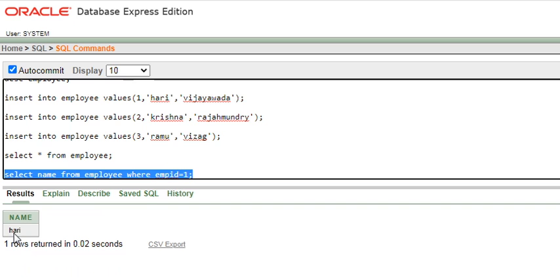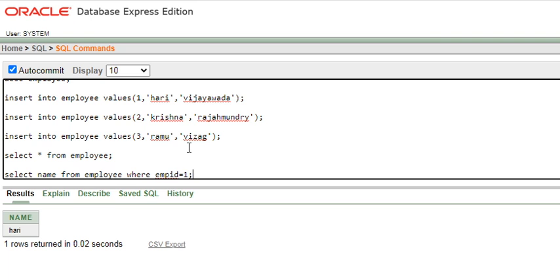See, name is Hari, employee ID is 1. So which employee having employee ID 1, that employee name is retrieved by using this command. So like that you can add the where clause. Based on the condition you can get a single column value or multiple column values based on our requirement.